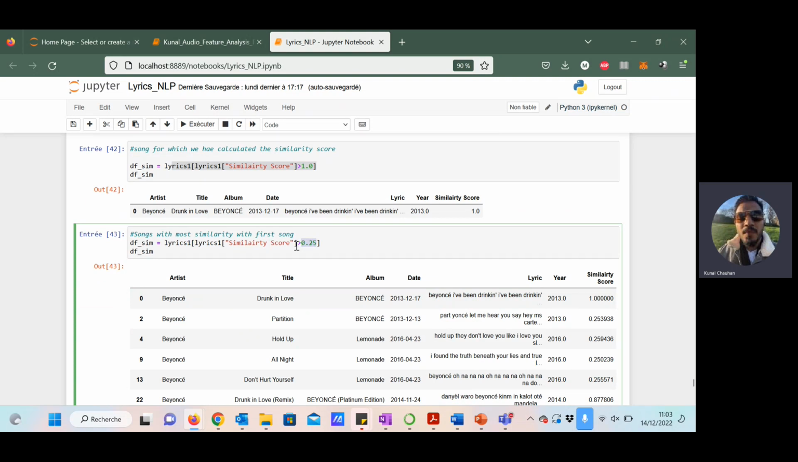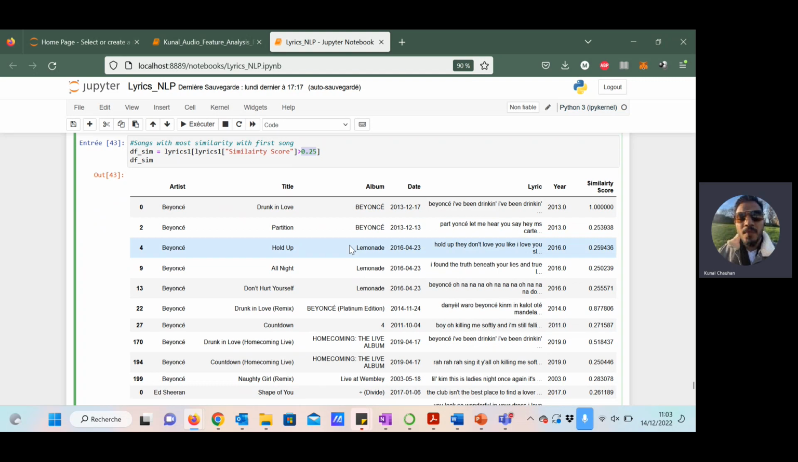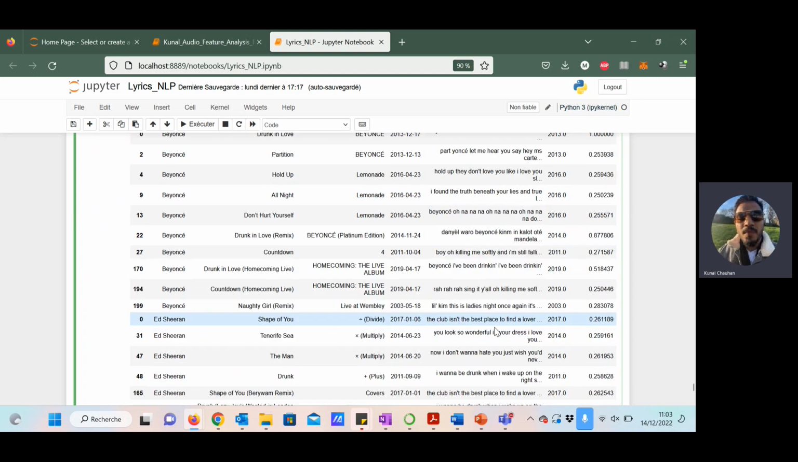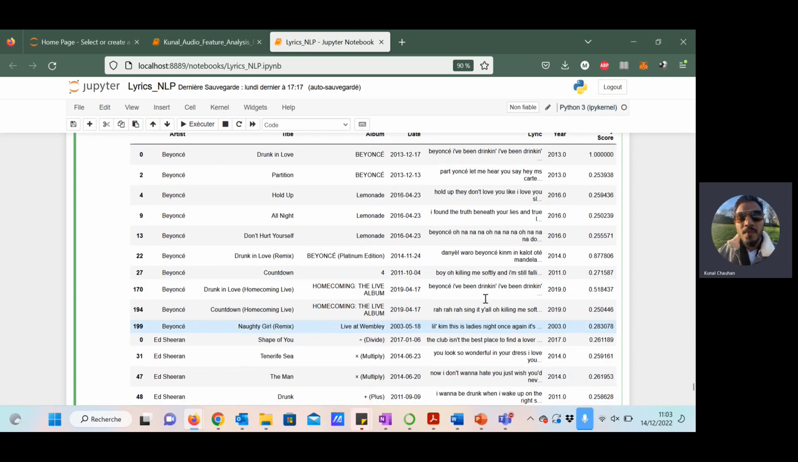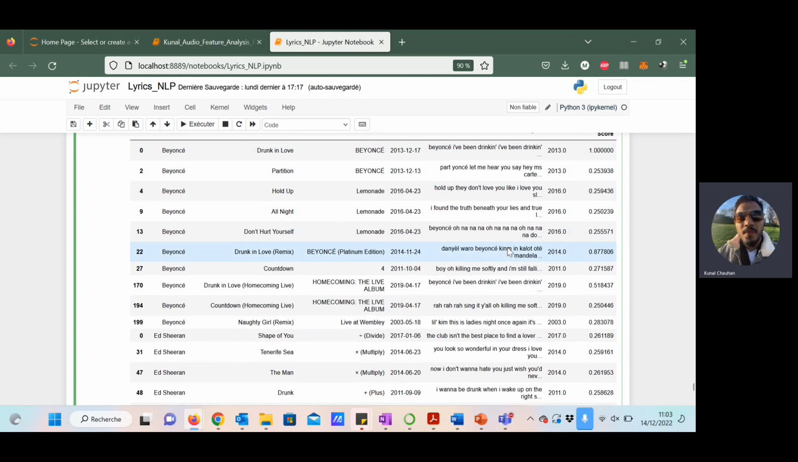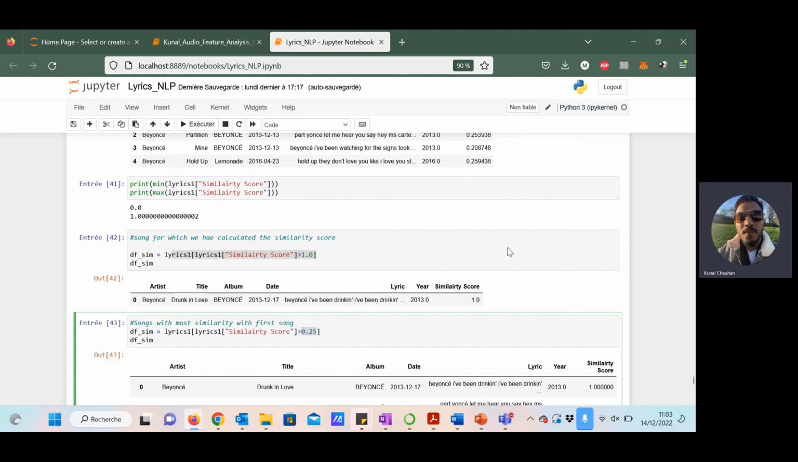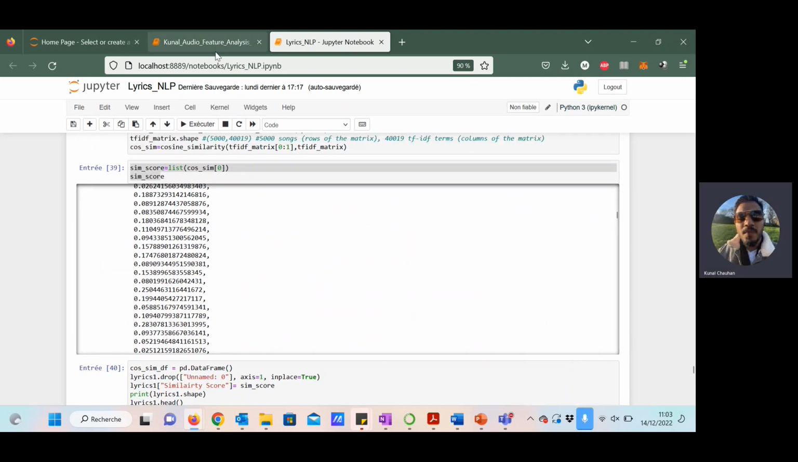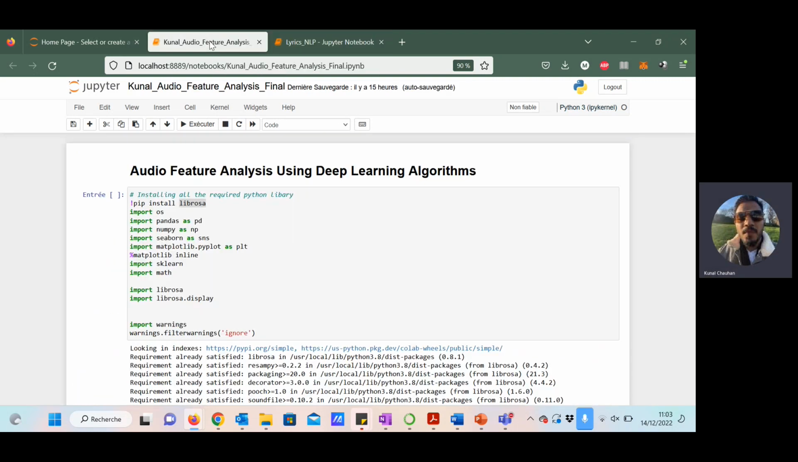The similarity score should be greater than 0.25, and these are the recommendations that our machine has given to us after doing the similarity analysis. And the recommendation that we got is this. Now we will be moving on to the next phase of this research study, in which we will be actually